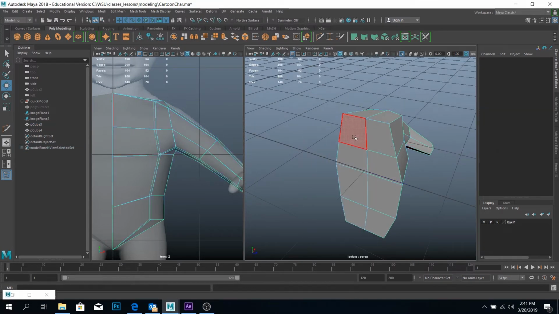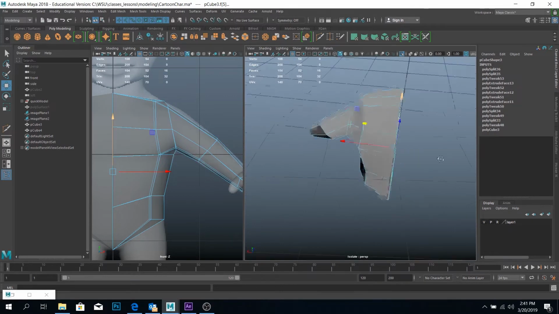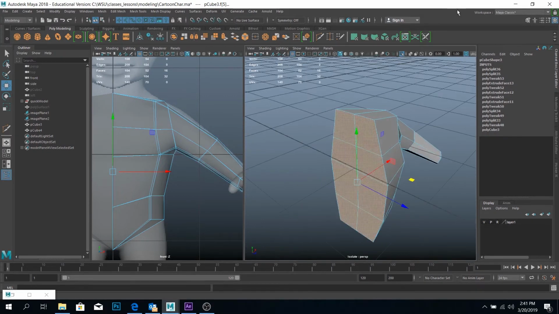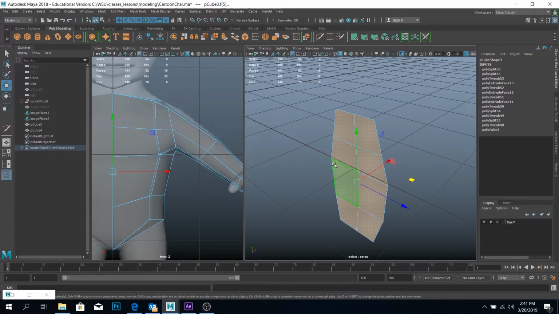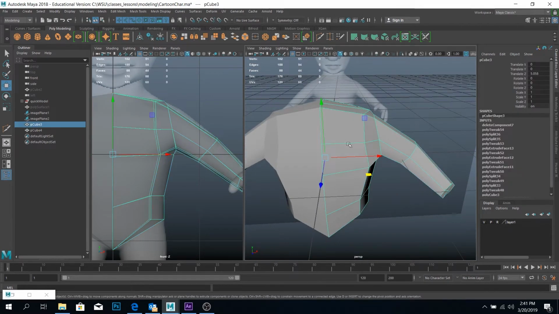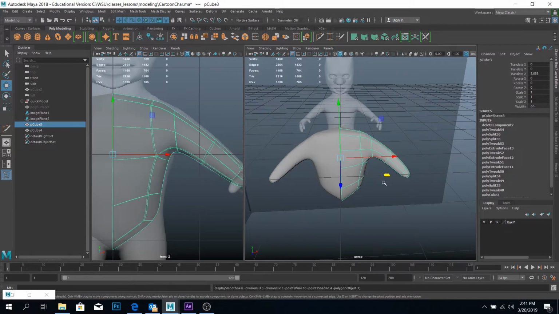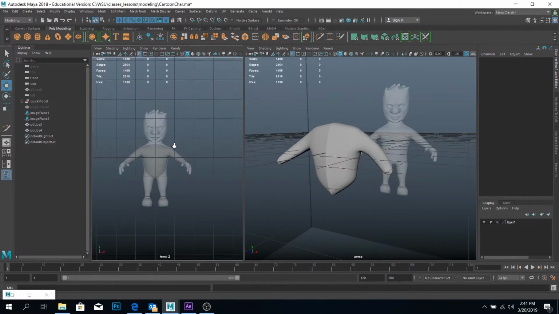Alright. If we get these middle faces, we can delete just these middle faces. We don't want anything else selected. And again, I did Control 1, or you can toggle this on and off. And now that I have the middle faces selected, every time I toggle it, I'm just going to see just that. So I'm going to delete those. I'm going to come back here, and then if I come back here, I can smooth that out, and you can see I'm starting to get